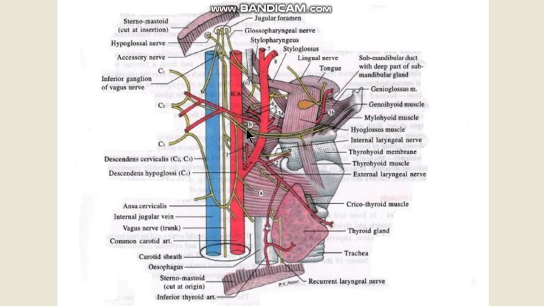So you can see the hypoglossal nerve, and you can see the ansa cervicalis, and between and behind the common carotid artery and internal jugular vein you can see the vagus nerve over here. And further behind, here you can see the carotid sheath containing the common carotid artery, internal jugular vein, and vagus nerve. And further behind the carotid sheath you have the sympathetic trunk, and from above here you have a little bit of the parotid gland protruding down, and you have the deep cervical lymph nodes.